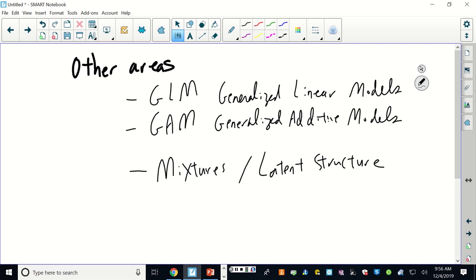So mixture models: you observe data, but really it comes from different groups. So you don't model it directly. You say, if it's in this group, here's a model. Here's a normal distribution for it, if you knew which group it was in. But then the trick is trying to determine which observations belong in which groups. And if you have enough observations and there's enough of a pattern, then the groups separate. But they're probably going to overlap a little bit. So there's ways to estimate that. So you set up models,